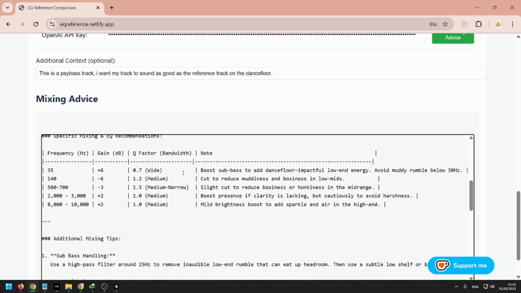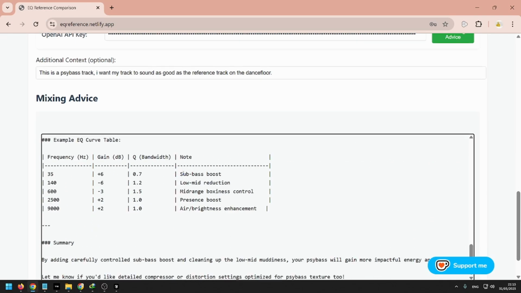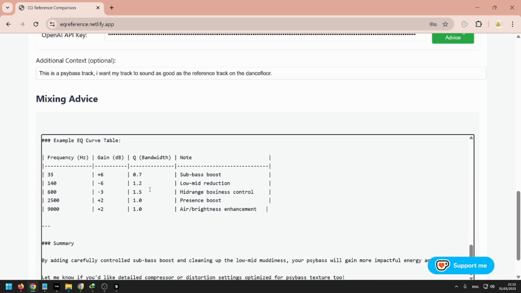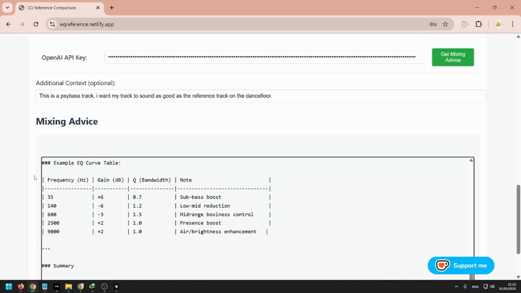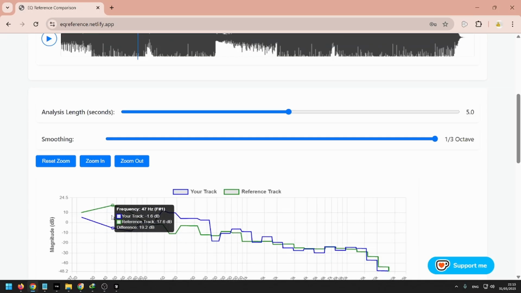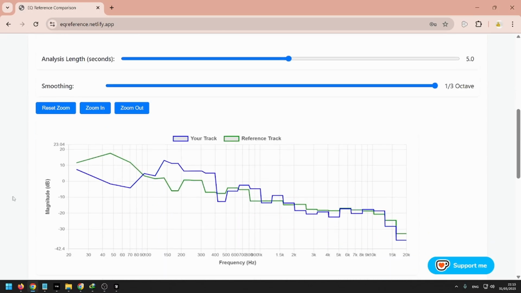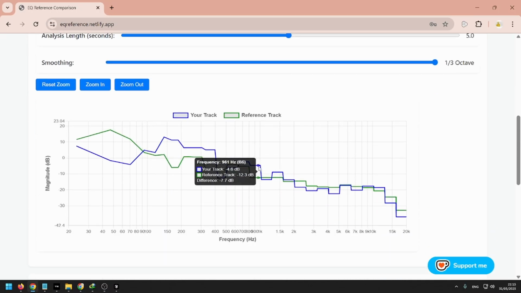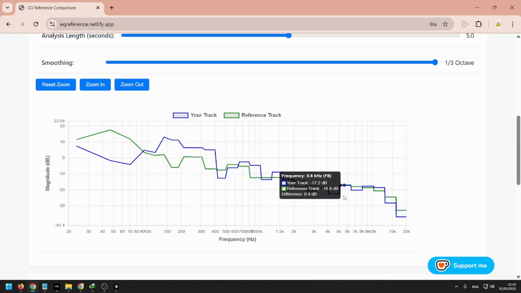The nice thing is that it gives concrete advice, like tips on what kind of EQ settings to put to combat that, and that's a nice starting point. I just want to highlight that not every difference is something you need to fix. Some of these differences are because I'm using different instruments. The track is totally different. So it's okay to have some differences, but like this